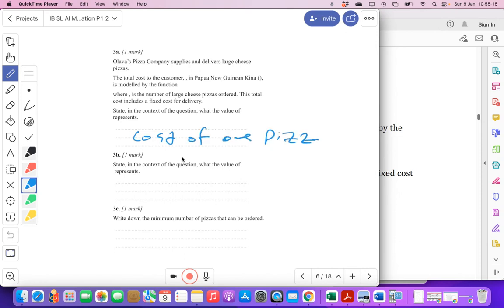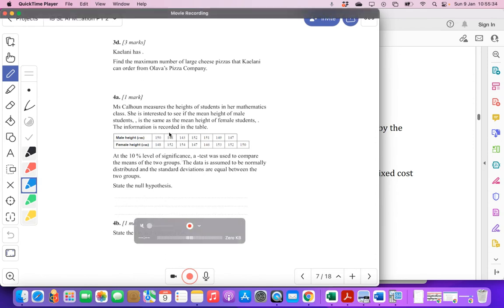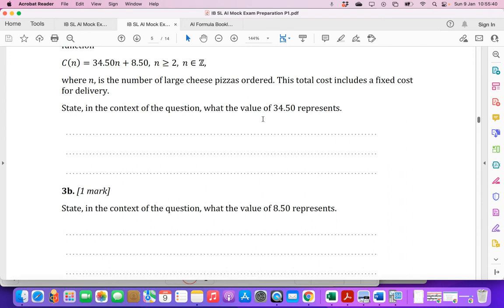Then this is delivery, and then the minimum was 2. And now we're going to be given a little question where we're going to have to do some algebra, find the maximum number of pizzas. How much money does Kaylani have? Okay, so Kaylani